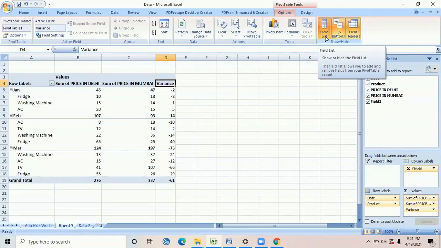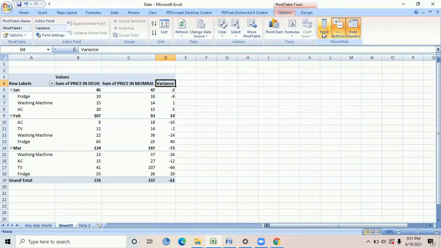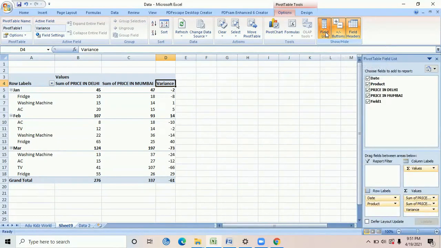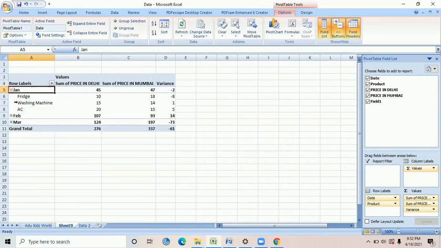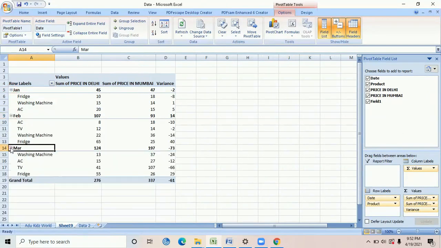One is the field list. Field list is nothing but, you see this pivot table field list. If you want it to appear, because this is very user friendly, you can easily show it. If you don't want it, then obviously if you just select this, the field list option will go. If you double click back, then it will appear again. So right now you see the plus and the minus buttons. What are these? These are basically the grouping buttons. Now see, if I just group them, I can just see an overall. Suppose I don't select this, then you will not see any plus and minus appearing, and it will actually help you in expanding or collapsing your data.